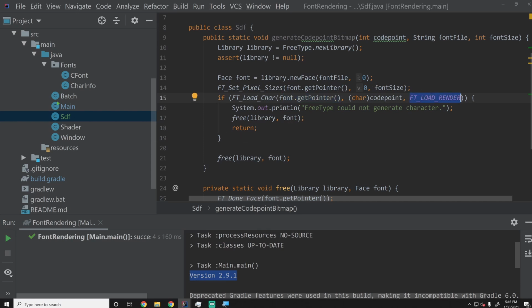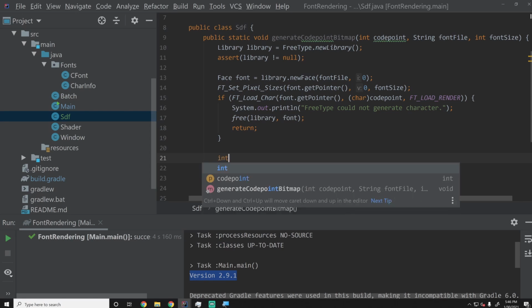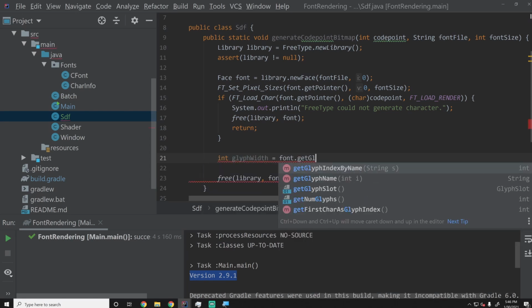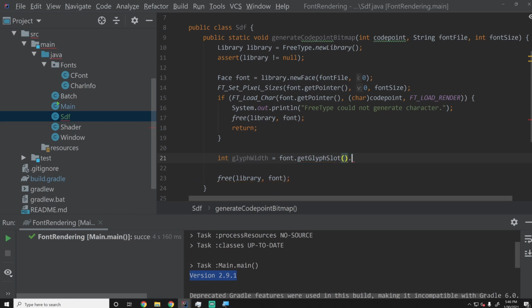That's all that does. Now we want to get the actual glyph, the bitmap information, right? We want to actually see what the pixels it drew were. So we'll go ahead and do that now and see if we can understand this correctly. So we can first of all get the glyph width by saying font.getGlyphSlot.getBitmap